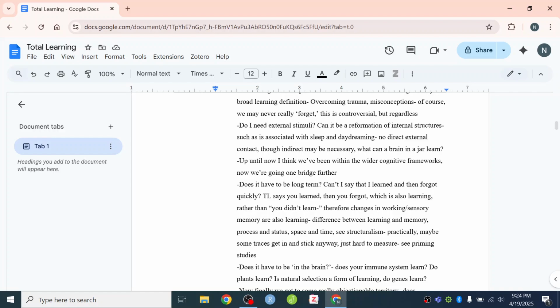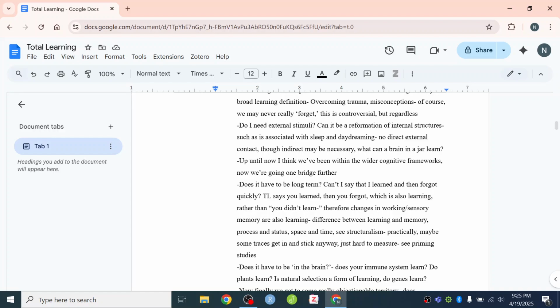Is natural selection a form of learning? Do genes learn? You want to talk about genes being a form of memory and leading to the creation of different proteins, which is a different form of behavior, and the pressures of the environment leading to changes in expressed biologically driven behaviors over time. Can we talk about a species as our subject and an epoch as our time frame?